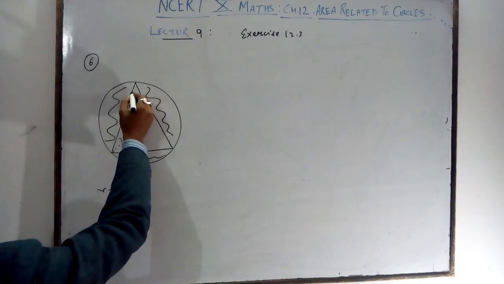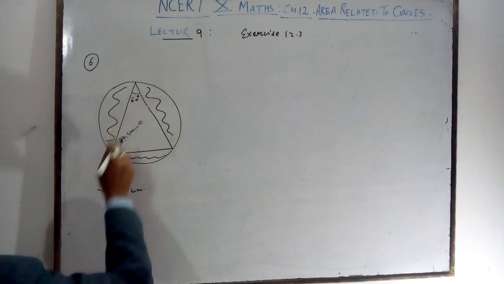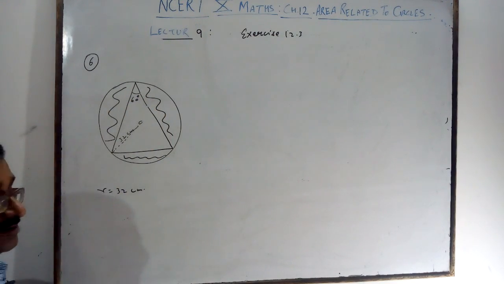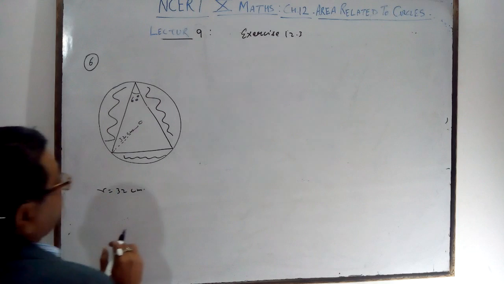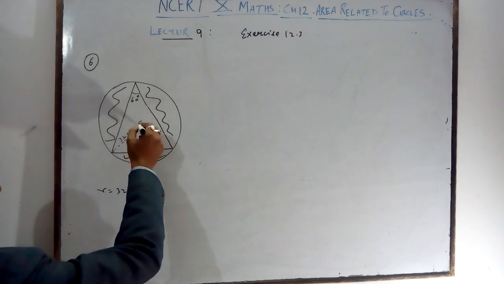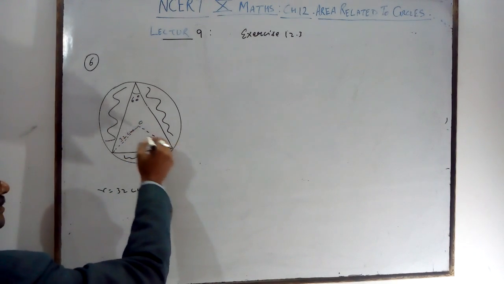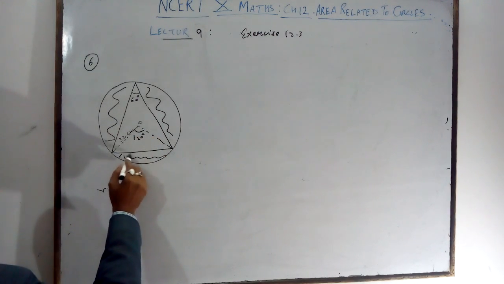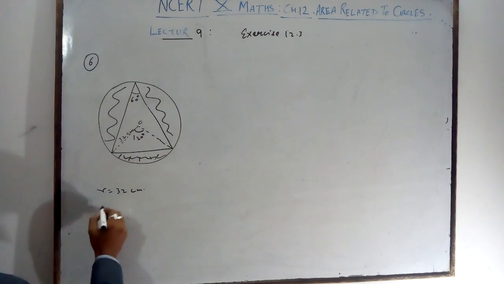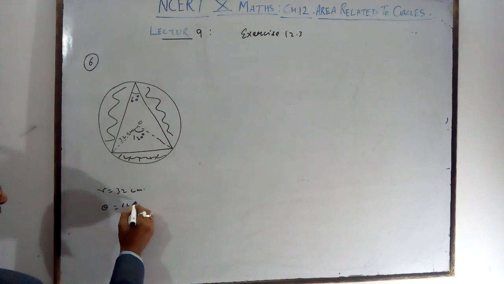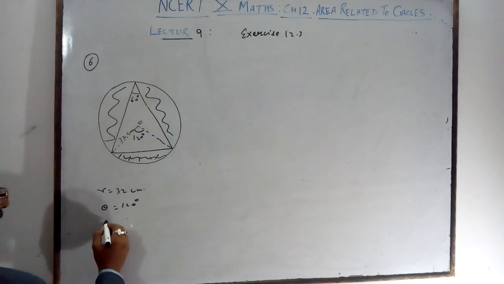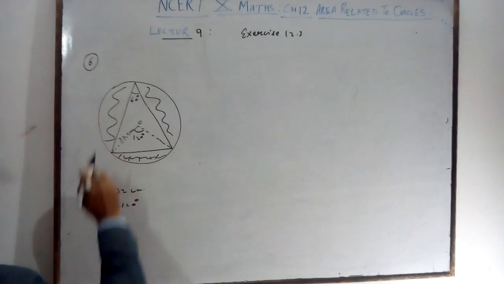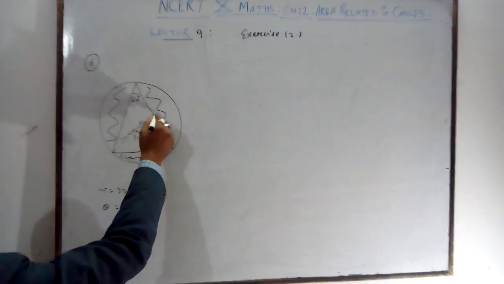First, see what the angle is here: 60 degrees. The side of the equilateral triangle is not given, but the radius is given. When you join this, what will you get here? It is 120 degrees. Then you find the area of the minor segment, with theta given as 120 degrees. There are 1, 2, 3 minor segments because all the chords are equal.